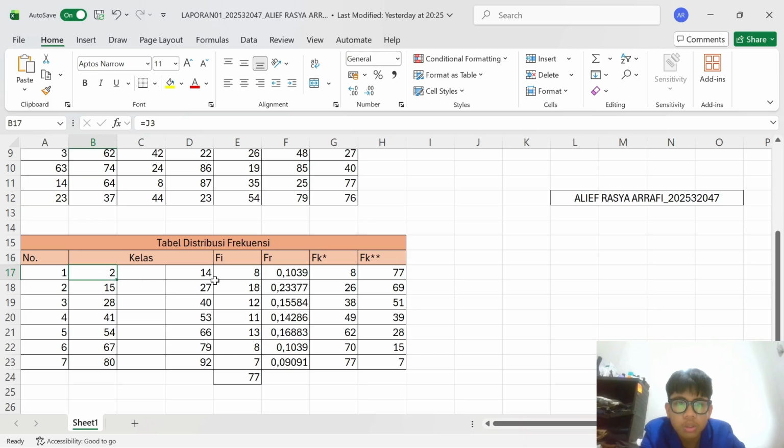The first class starts from 2, because the minimum is 2, and with a width of 13, the first class ends at 14. The formula is B17 plus K minus 1, and the result is 14. And next is data 14 plus 1, and it can be dragged directly.